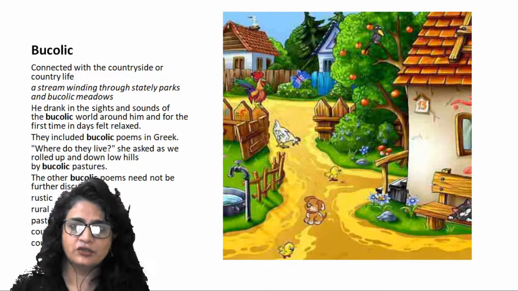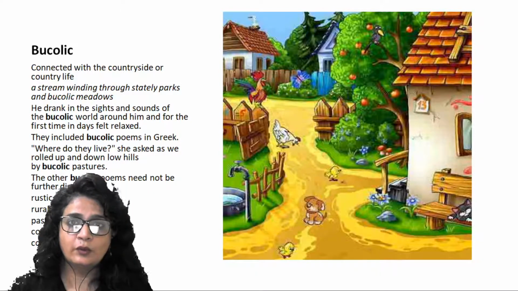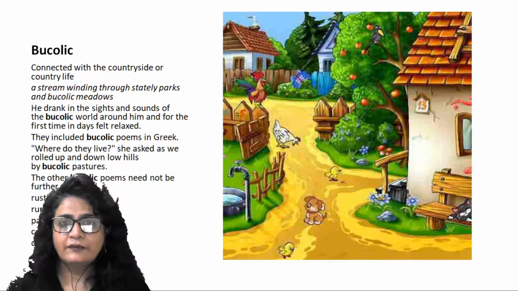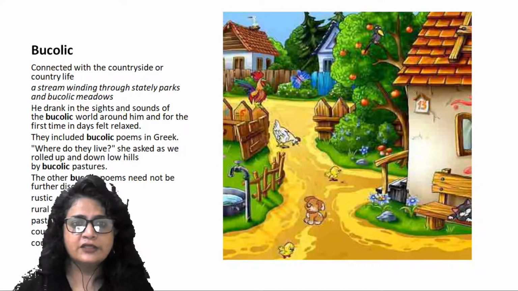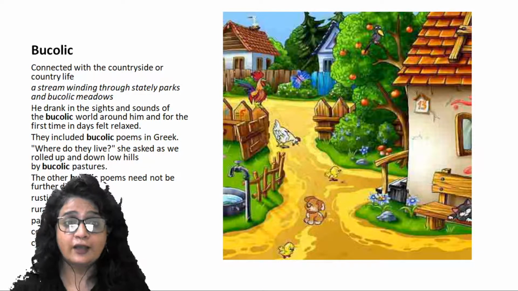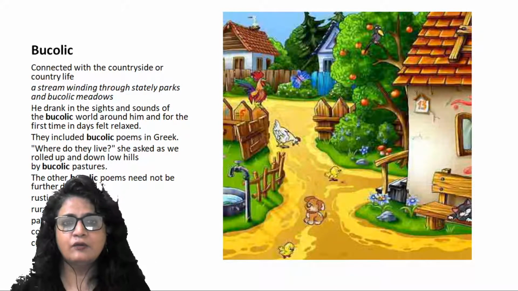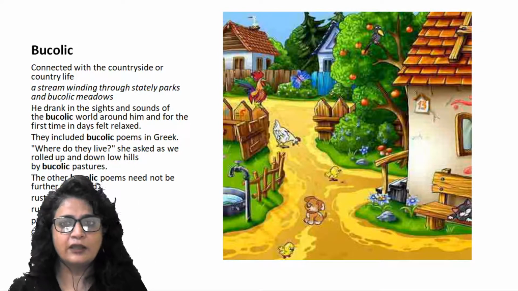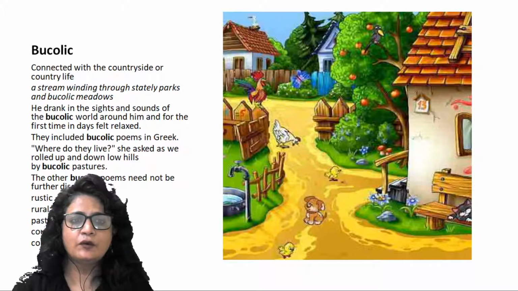A rustic picture, right? It's where all the things which are associated with a village, with a countryside, are shown to you. Bucolic: connected with the countryside or country life. A stream winding through stately parks and bucolic meadows. Bucolic, anything which is related with countryside. He drank in the sights and sounds of the bucolic world around him, and for the first time in days